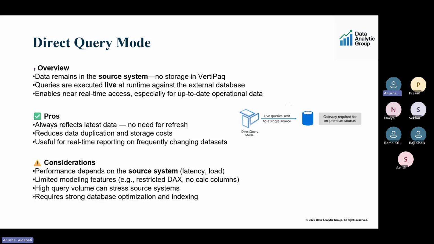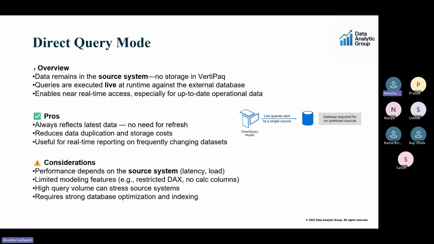The third mode that is common in both Power BI and Microsoft Fabric is your Direct Query mode, where there is no storage in the VertiPaq file and the queries are executed live at runtime against the external database. So if your database, for example, is an on-premises SQL Server, the report query will be hitting the SQL database and possibly running a SQL select statement in the backend, and then it will be fetching the